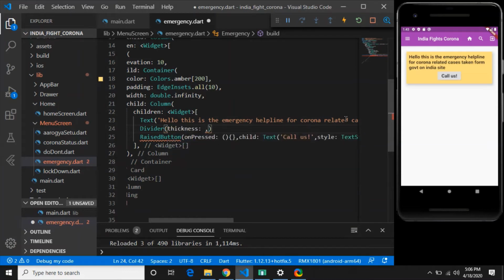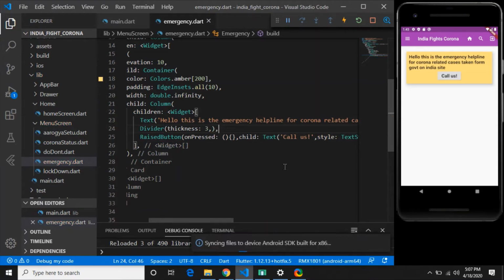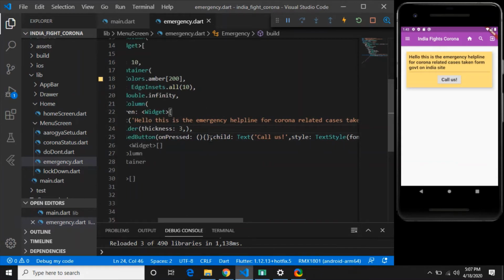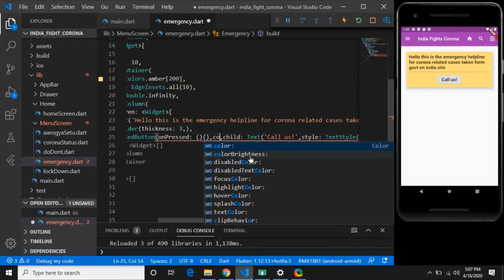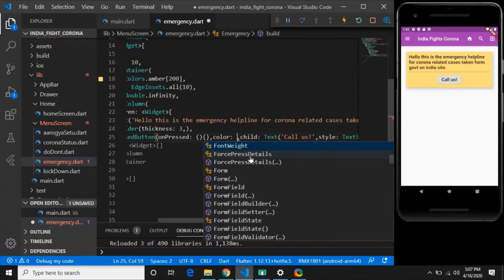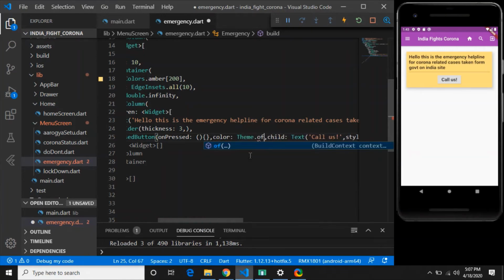Yeah, this is fine. Now the button should have the color. So the child of the raised button can have the color option, I think. So if I see, yeah, the color option is there. So primary, what we will write, Theme.of(context), control Z, Theme.of(context).primaryColor, and primary color is purple.